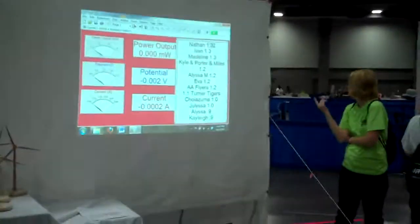And that we're projecting onto the screen to collect real-time data and actually compare different wind turbine blade designs and see which designs were the best. So we had a good 4 hours here. Like I said, probably easily over 1,000 students coming through, doing the experiment in teams, building blades and testing them out. And then the winner came up in,